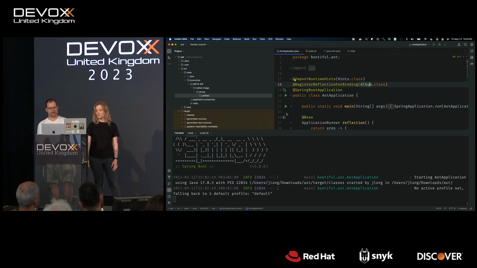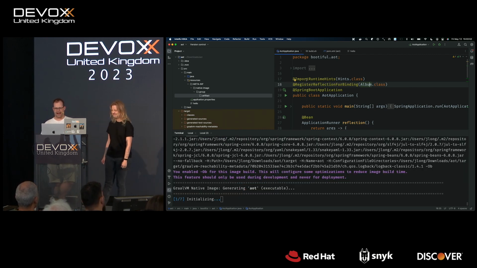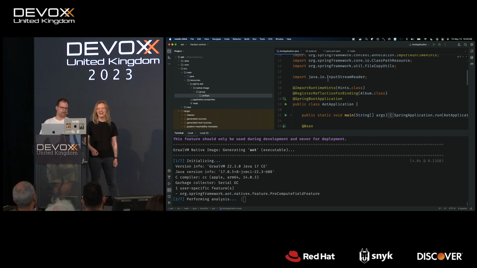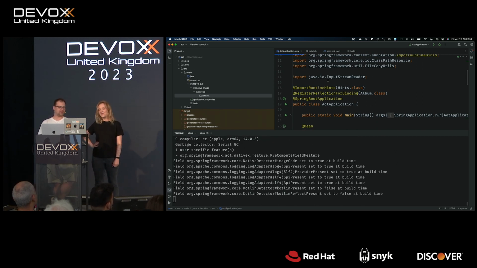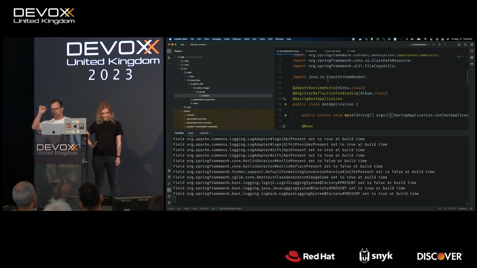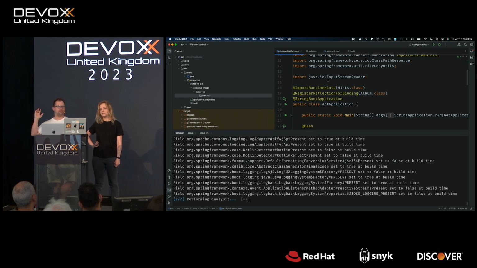Amazing. But I forgot to delete the resource config file, so we only know that half of it worked, but don't worry. All that talking. I'll rerun it. It'll be fine. Moving on. So we've got hints, and that's the end of the intermediate stage, friends. That runtime hints registrar might be as much as most of you need for most situations, if you need it at all.